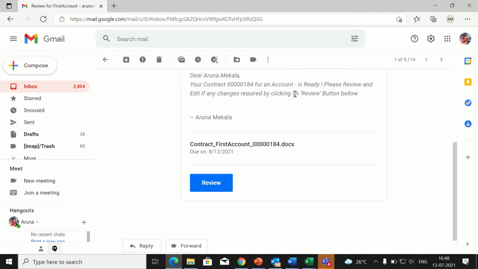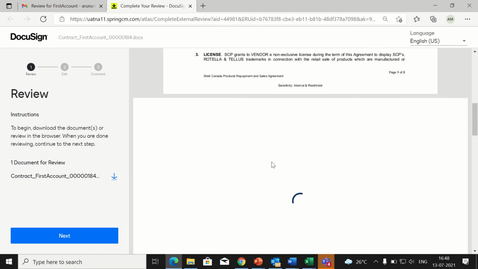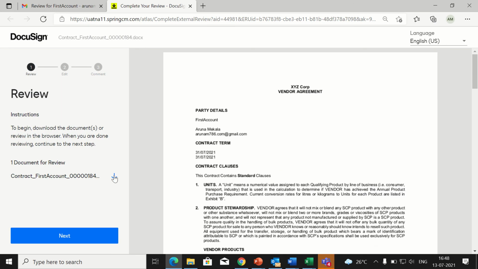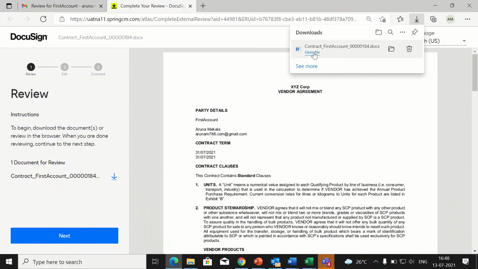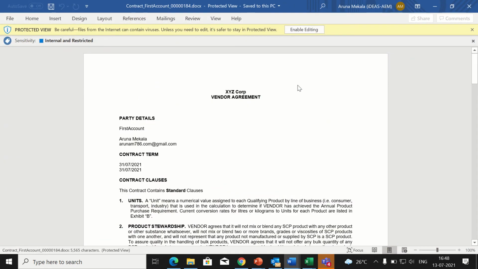So now I'm clicking on this mail, and I got these mails just by the template I have used there by using the email step. Now I'm reviewing this document. So instead of going without editing it, I just wanted to edit something in this document, and then I need to sign the document. I'm opening this file, and we'll just do some little change in the document. So what I will do, I will just change the year to 2002.